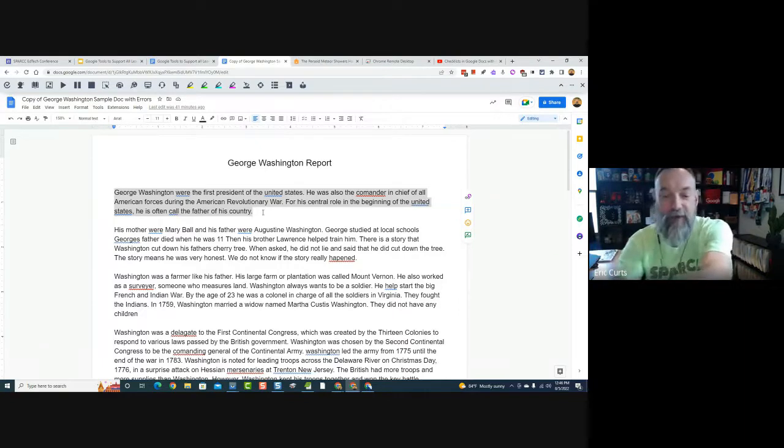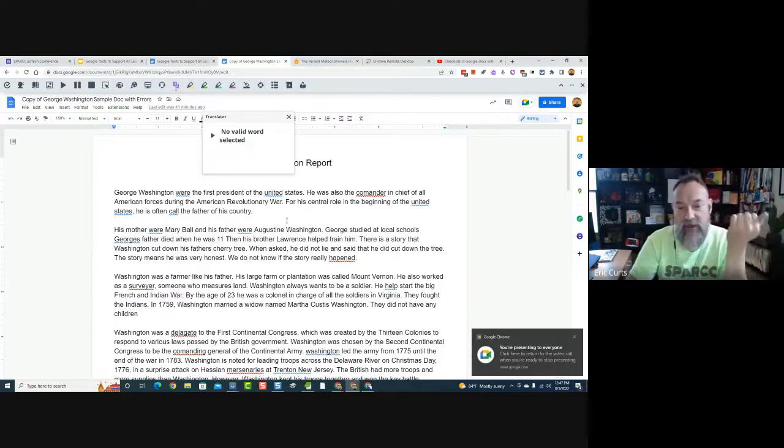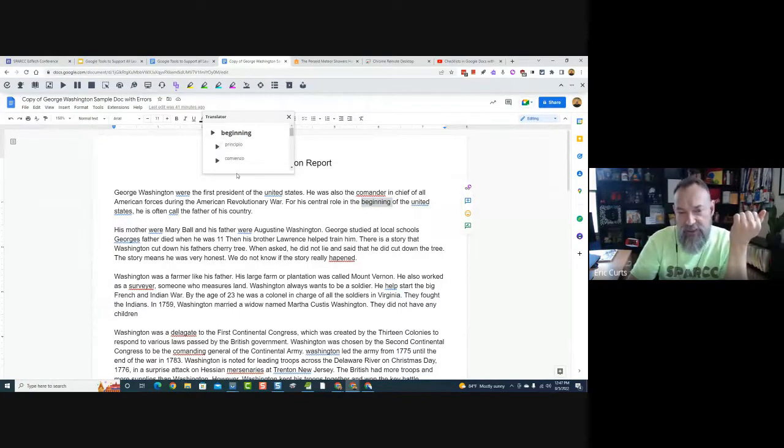Awesome. Now, read and write does a lot more than just that. There are a lot of other buttons up here on the toolbar. The free version, though, includes the text-to-speech, and the free version also includes the translator tool. So one of the buttons up here, there it is, the translation tool. If you have that turned on and you select a word, it will then give you translation and pronunciation based upon the language you chose up in the